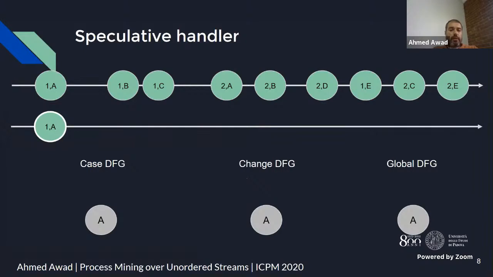Moving to the speculative handler, this one works one by one and it maintains a per-case DFG, what we call a change DFG, and the global DFG, which consolidates the updates from the different running cases. Now if we receive 1A, we immediately construct this case DFG, and the change is the same because the graph before it was empty, and this is also the case for the global DFG because this is the